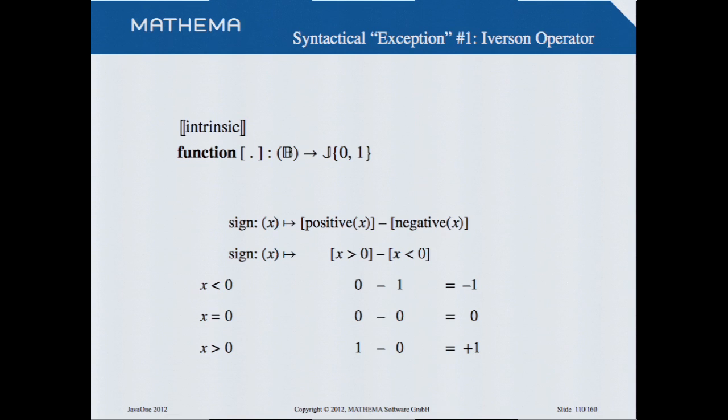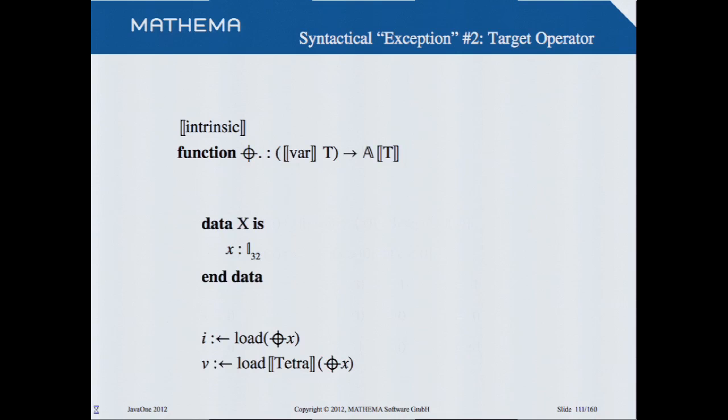You see here there's a very efficient way to get the sign. If you, for example, say, give me the value from the positive, if x is positive, then you will have a 0 or 1. And if you subtract from it a 0 or 1, if this is negative, then you have the sign. So this is a very interesting and very efficient way, assuming that you have those machine operations. Then we have the target operator, which is a special operator which allows us to get the address of any object we work with.